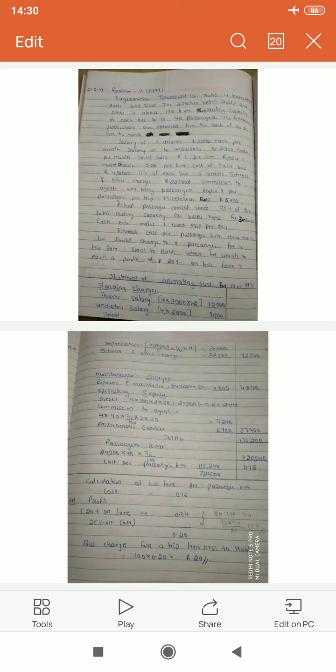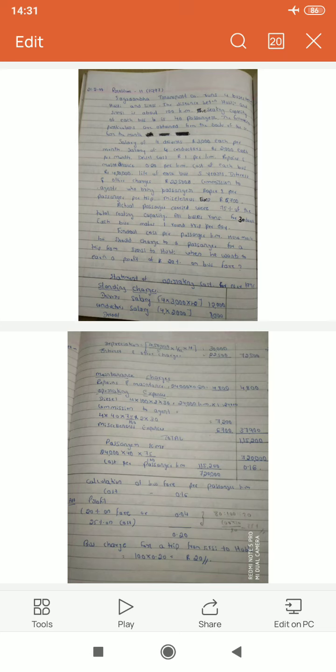Now, what have you been asked to ascertain? You have been asked to ascertain, to travel from Sirsi to Hubli, how much is the worth of ticket that you should buy. The worth of ticket the passenger should buy is equal to 100 kilometers into 20 paise per passenger kilometer. Therefore, it is put at rupees 20. Thus, if I travel from Sirsi to Hubli, the worth of bus ticket which I have to purchase is rupees 20.